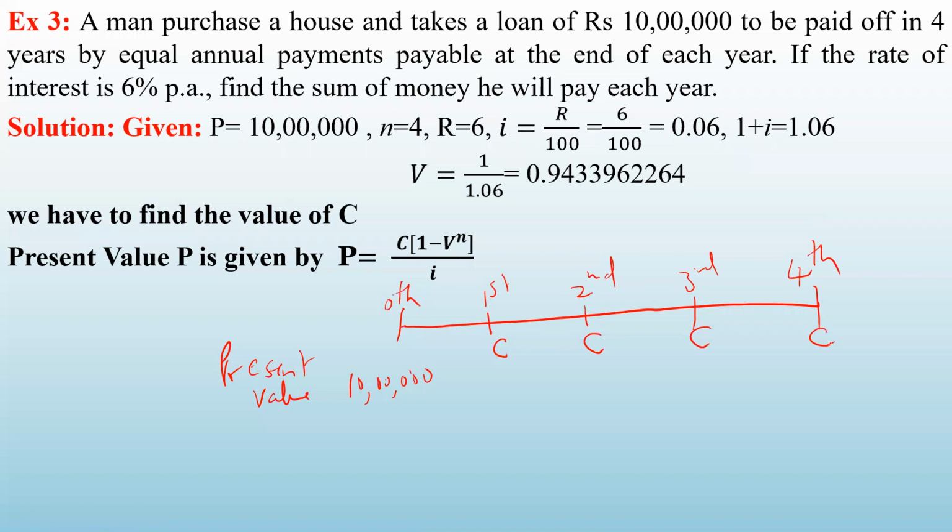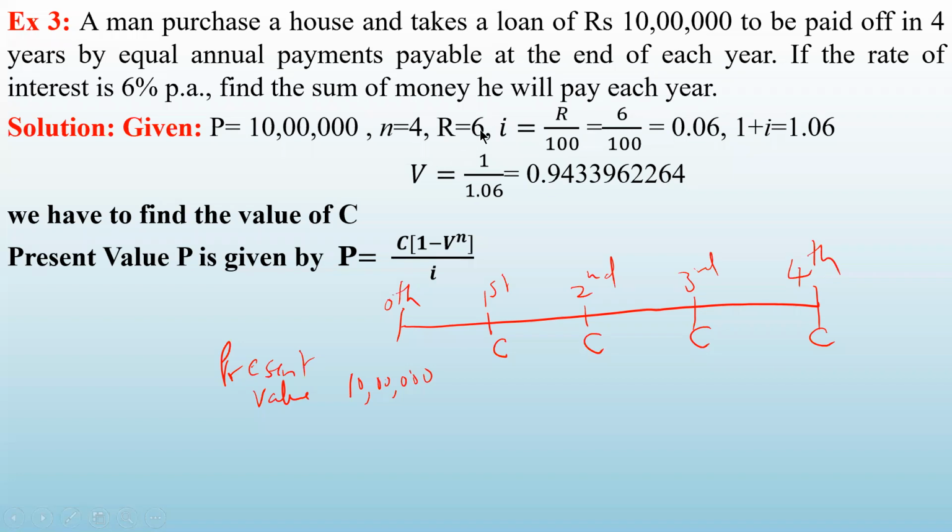See, in all the problems of loan, the amount of loan is always the present value because you take the loan today and you repay the loan by paying the installments. Okay. So loan amount is 10 lakhs. So today he has taken the loan, so present value is 10 lakhs. And he is going to pay the loan in 4 equal annual installments, yearly, in 4 years time. So N is 4. So you are given P is 10 lakhs, N is 4.